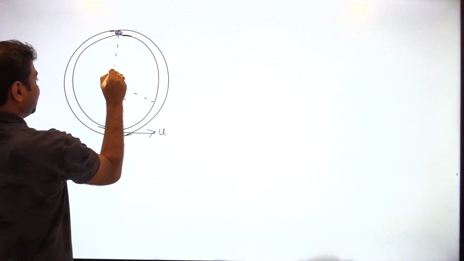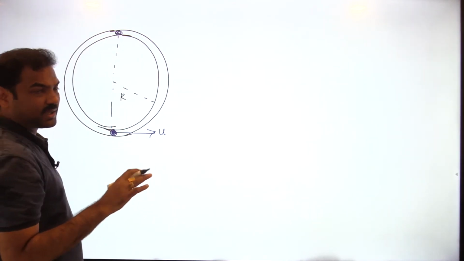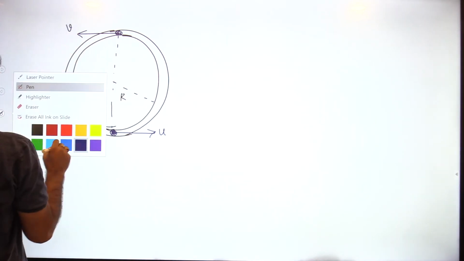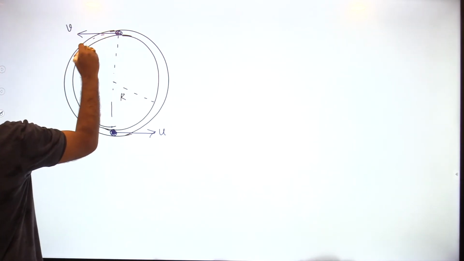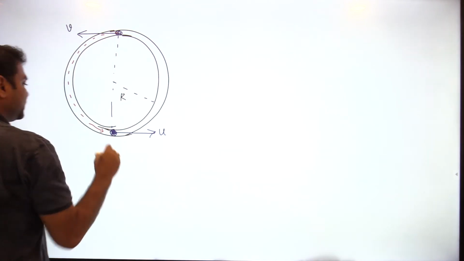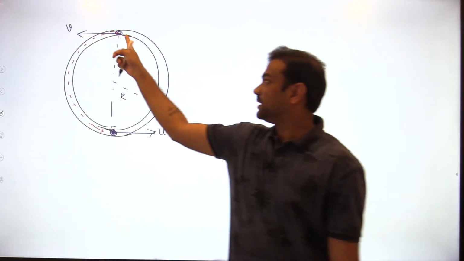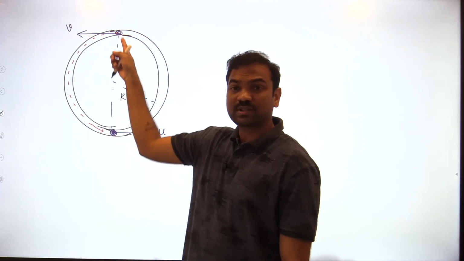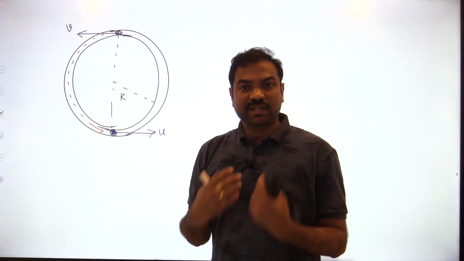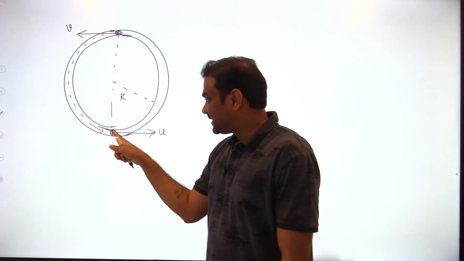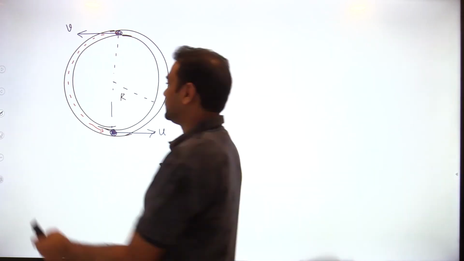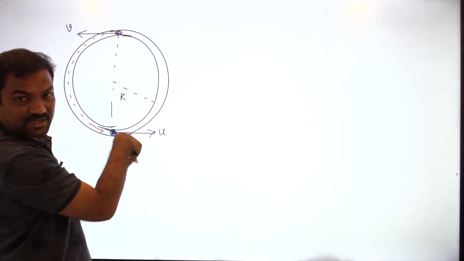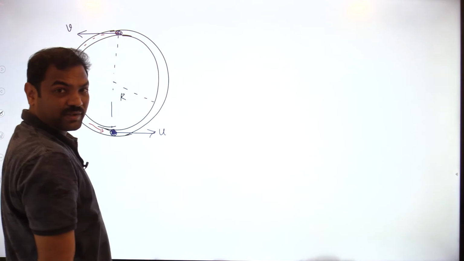If I am able to send the particle to the topmost point, just like a rod only, nothing else, then at the topmost point it has the velocity v. Once the particle has gone to the topmost point, it will automatically fall down inside the tube to the bottommost point. So what we need to see is that we have to send the particle to the topmost point. How to get to the topmost point? By energy conservation we can find out the minimum velocity there.